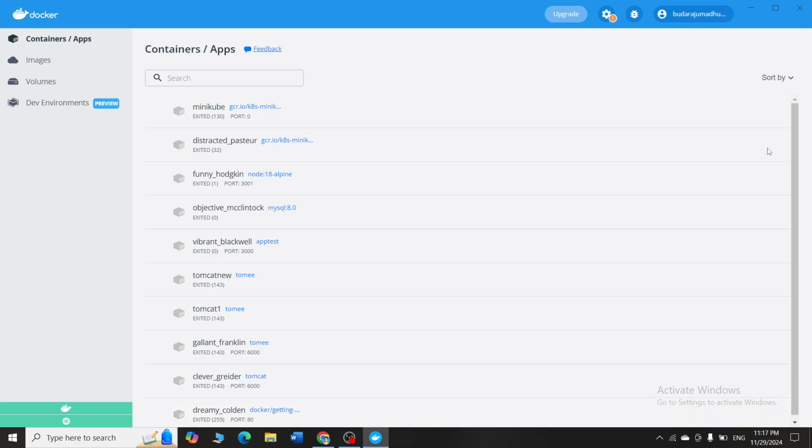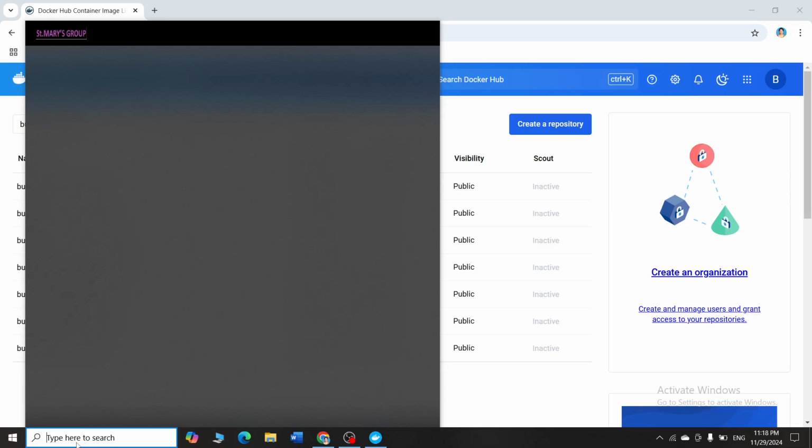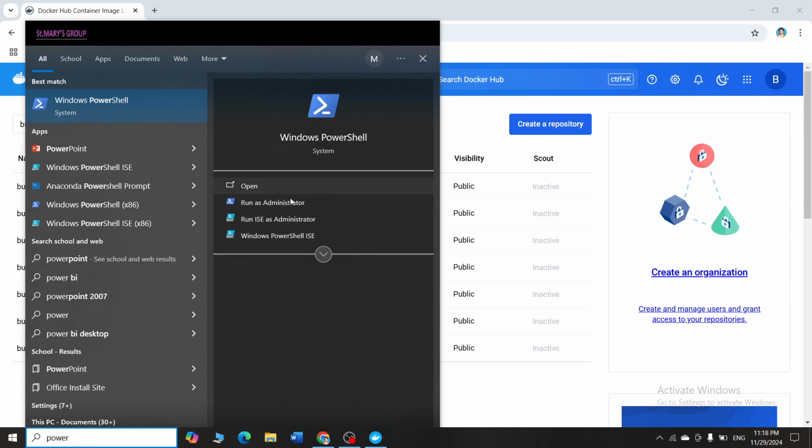Firstly, open your Docker Desktop and sign in. Similarly, open your Docker Hub and sign in there also. Now, in order to execute any of the Docker command line instructions, if you are using the Windows operating system, you can use any of the terminals like Command Prompt, PowerShell or Git Bash. But make sure that you are running these terminals as an administrator. If you are using any other operating system, you can use the default terminal. I prefer working with PowerShell, so I will open PowerShell as administrator.